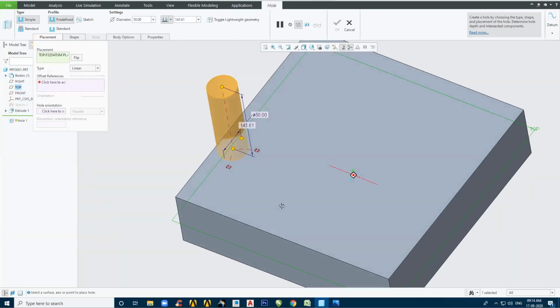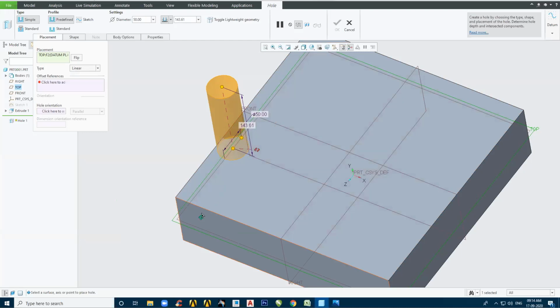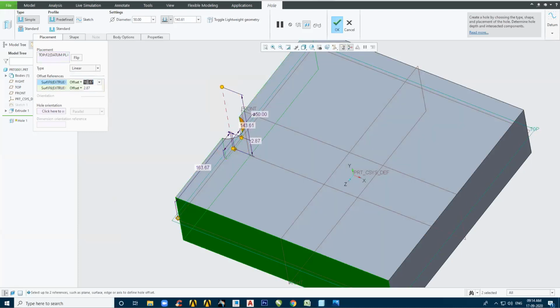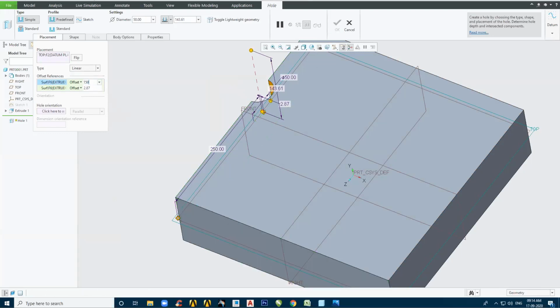The remaining things will be the same, like this angle I want from this edge or surface, and this angle I want from this surface. Now I will edit the parameters, like this offset is 163. Let me push it a bit more, like 250, or let's say 150.